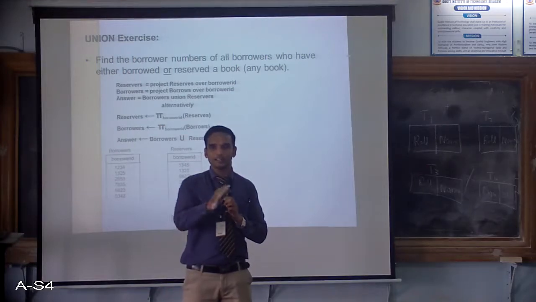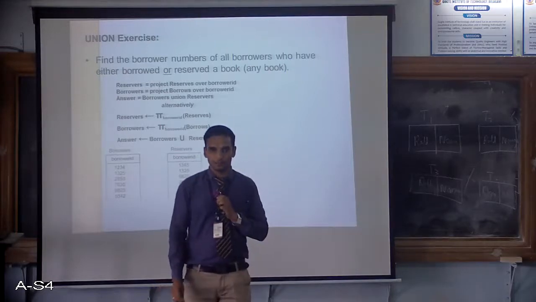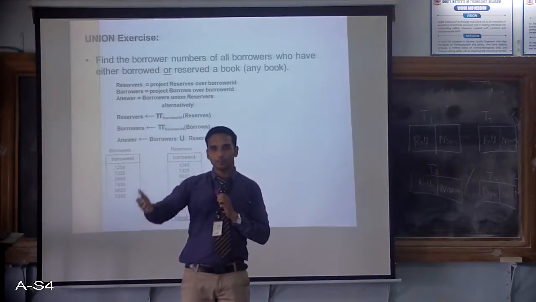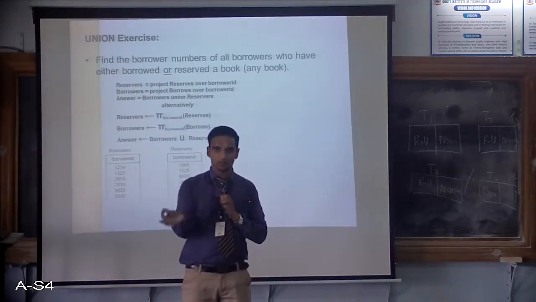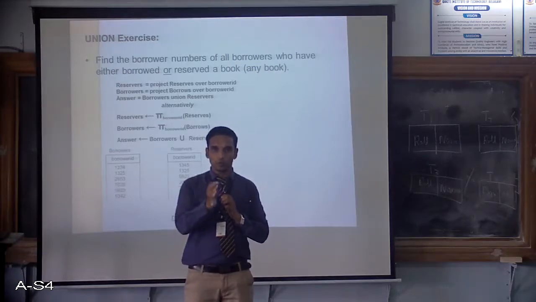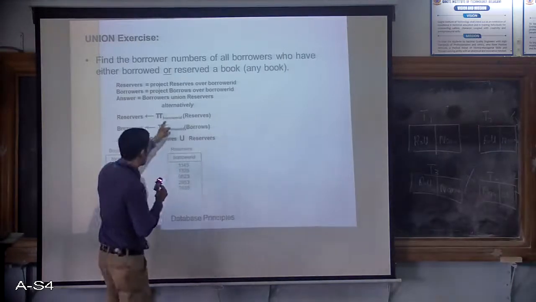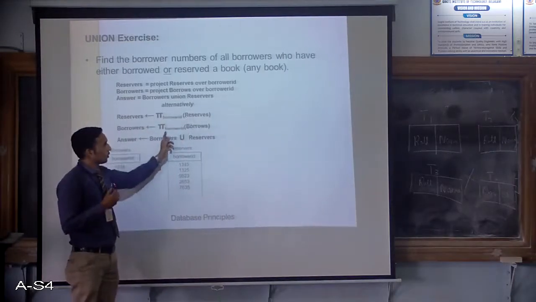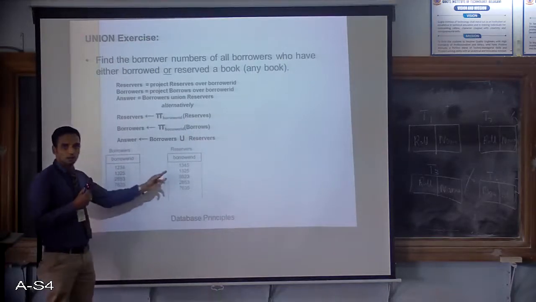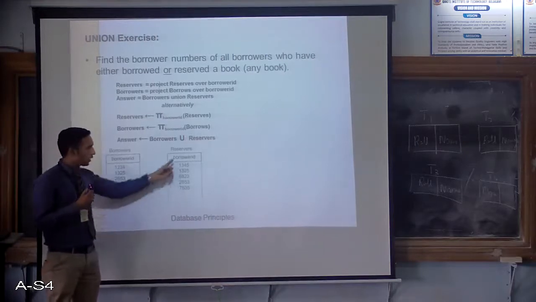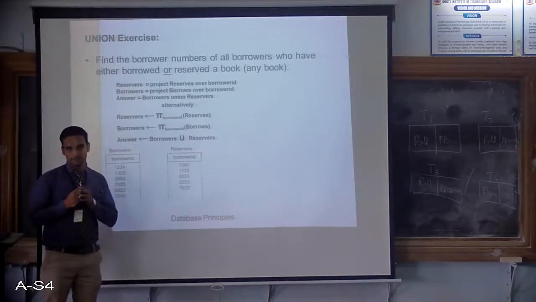Right? So in that case, the librarian first finds out the people who have borrowed books from mechanical. Then he will find out the people who have borrowed books from CS. It may so happen that there is a common person who is borrowing both the books. So he finds out the people who have borrowed mechanical books separately, and the people who have borrowed CS books separately. Then he'll do a union on that. Once you do a union, all elements of set A and all elements of set B are displayed, with the condition that the common element is displayed only once. Getting this?